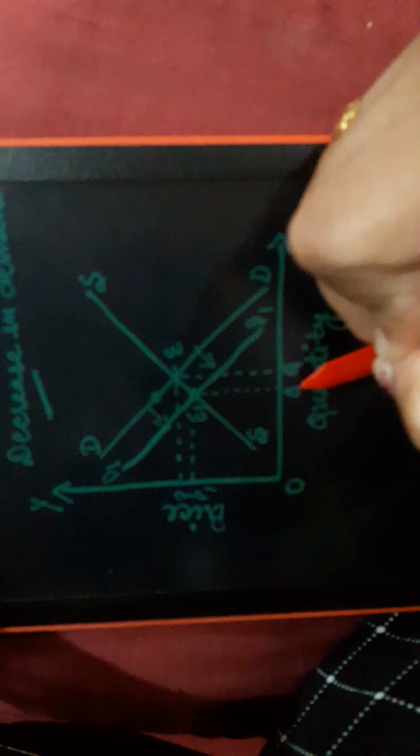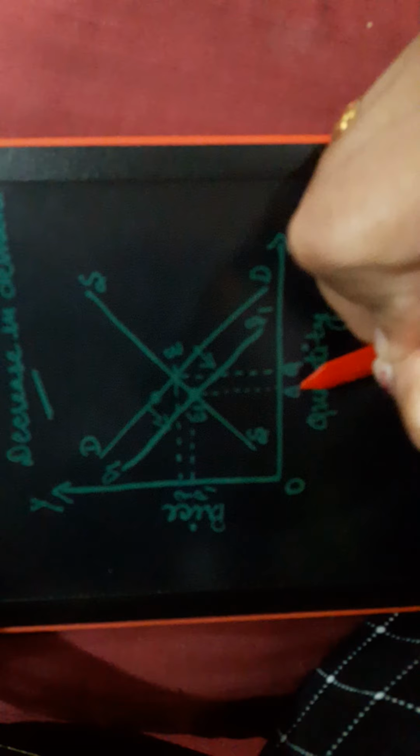It would be the new curve. On the same diagram, we'll have to show it with D1, because the original is D and the new one is D1. This is shifted. With the shift of demand, the equilibrium point will also be shifted rightward, and a new price and a new quantity occur, which we will show with Q1 and P1.